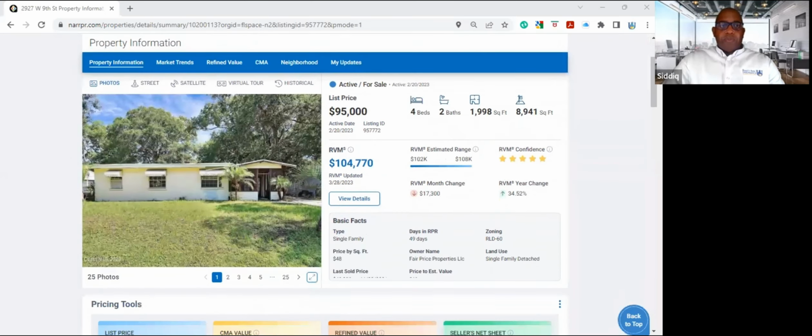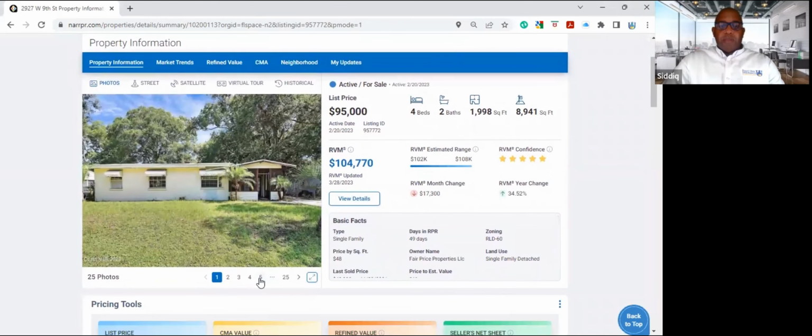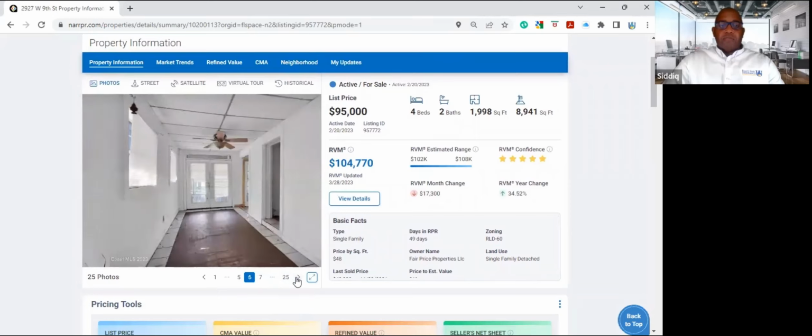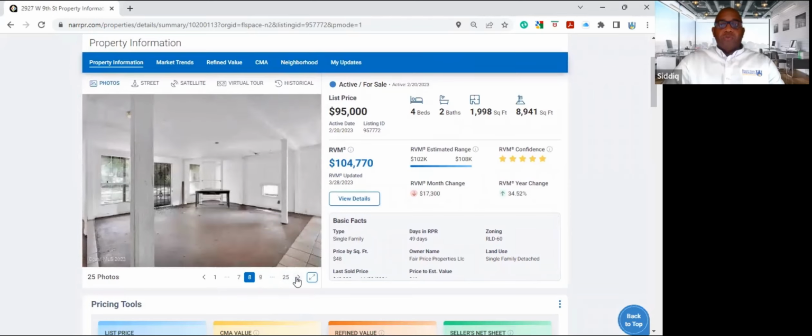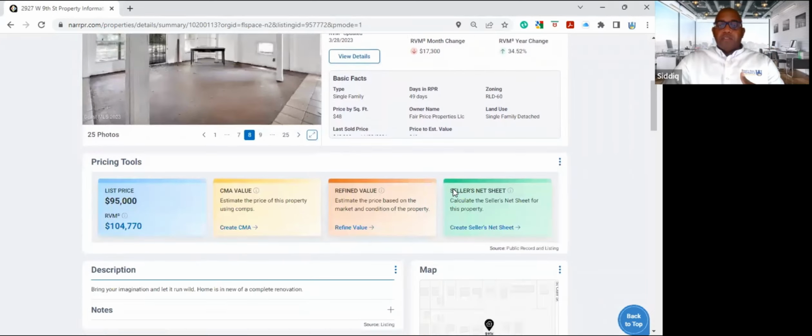As you can see, I have a property here, which is 2927 West 9th Street in Jacksonville, Florida. When you look at the property, you can tell by the photos that this is a property that could use a full rehab. Now, in order to analyze investment properties, you're going to come over to the right, scroll down,